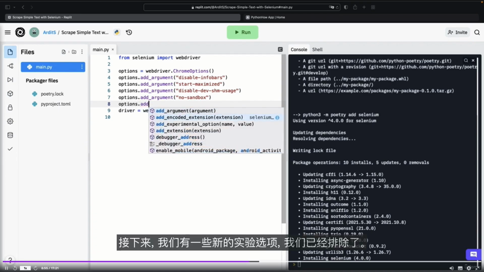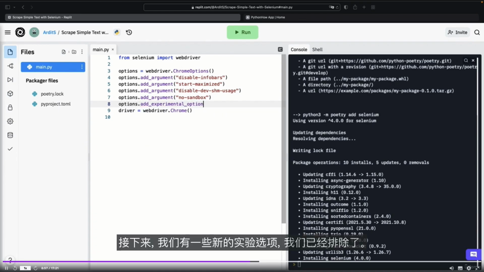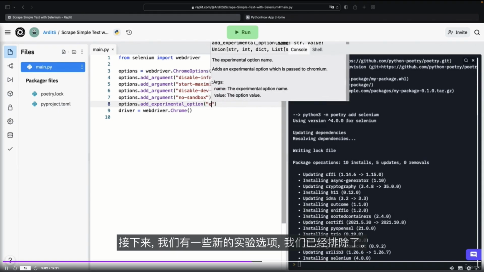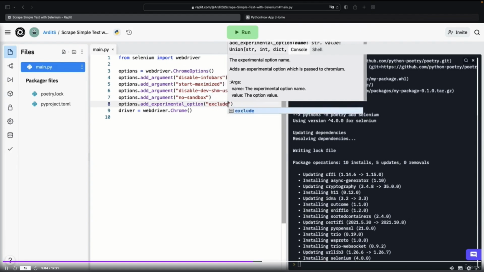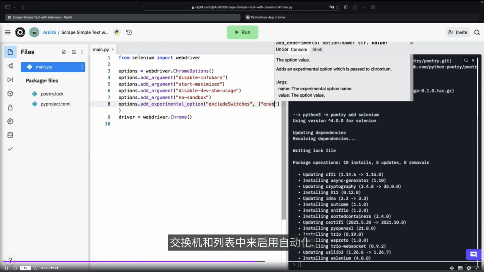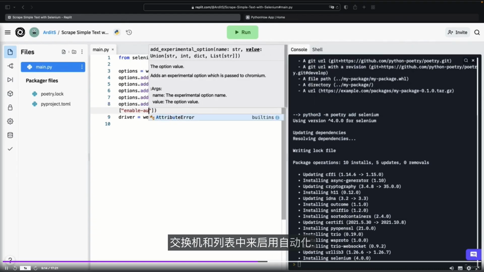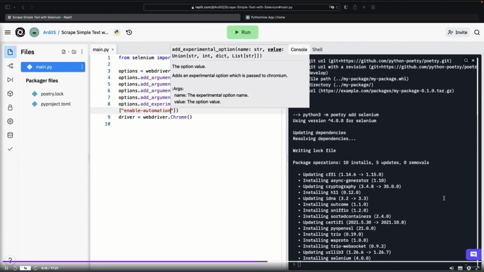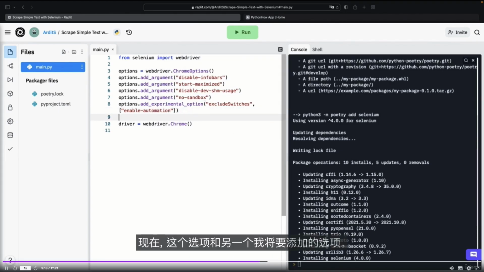Next, we have some experimental options which are new, and we have exclude-switches, and in a list comes enable-automation. Now this option and another one that I'm going to add here.